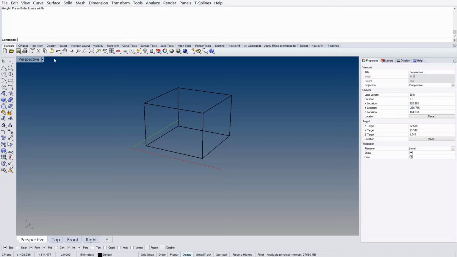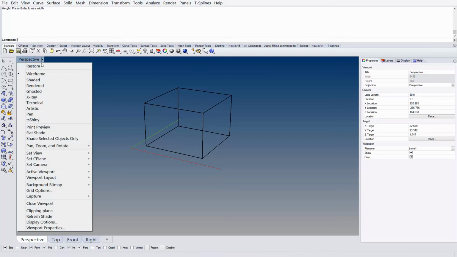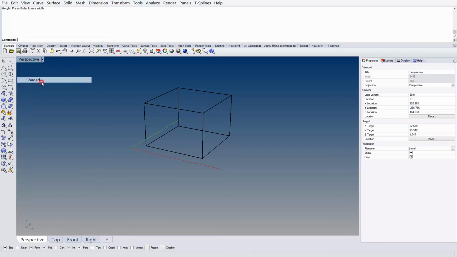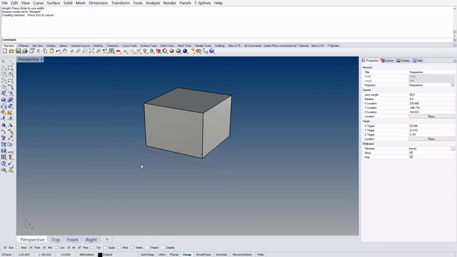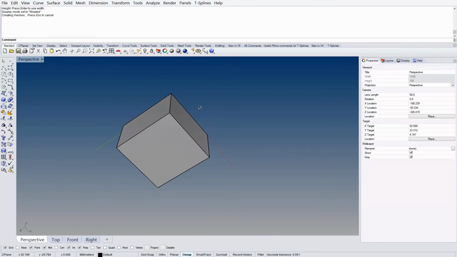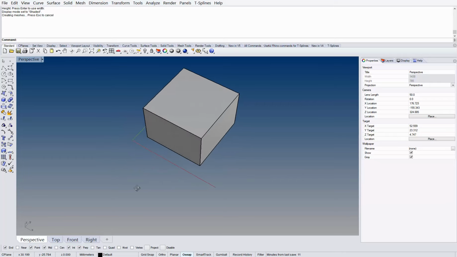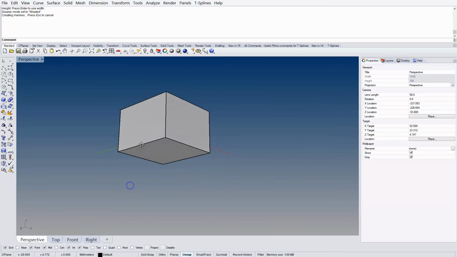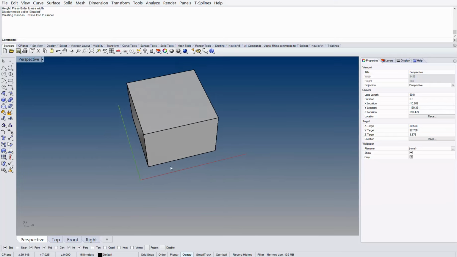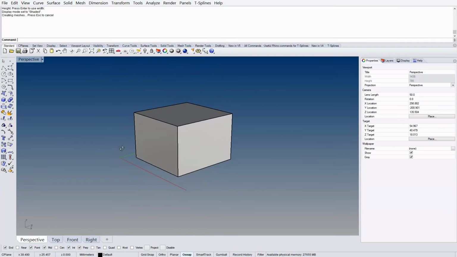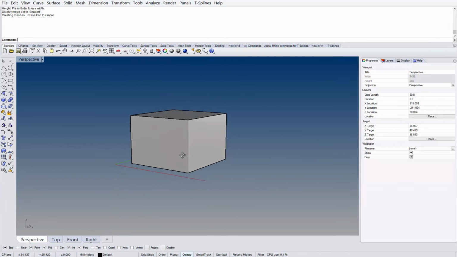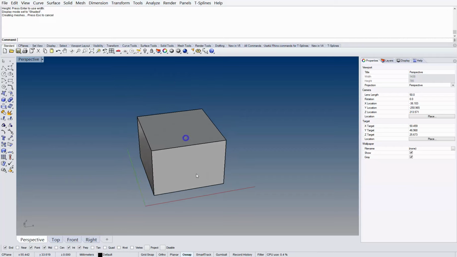So the next thing we're actually going to do is click this little arrow here next to the word perspective and switch to shaded mode. And in shaded mode, you'll see that this box actually has 6 sides and is a solid object. And we can practice rotating and zooming in a little bit. So why don't you practice that for a minute,